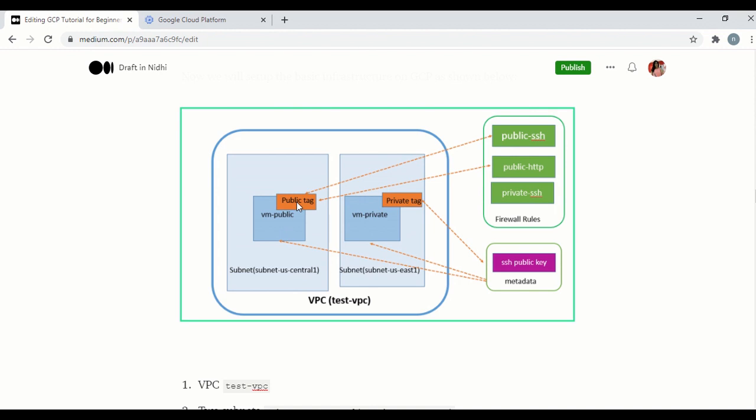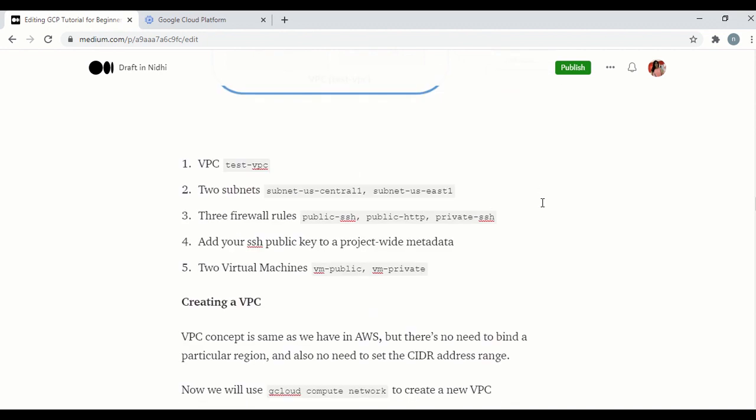In GCP, we use tags, and based on the tags, the security rules are applied. Here they call these firewall rules, and we will create them. Firewall rules are just the same as security groups in AWS. Okay, so let's create this first.